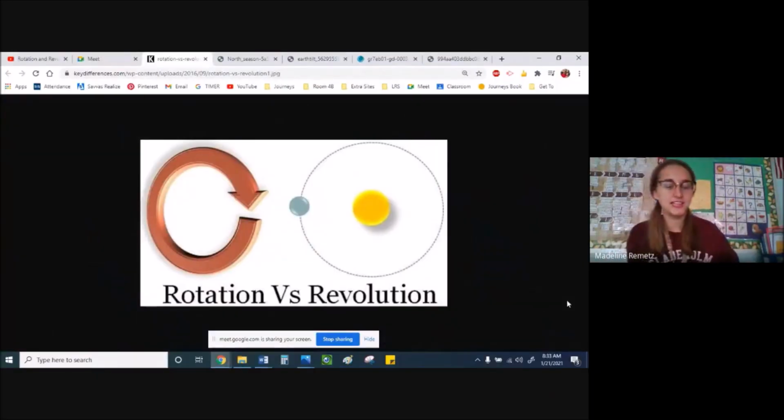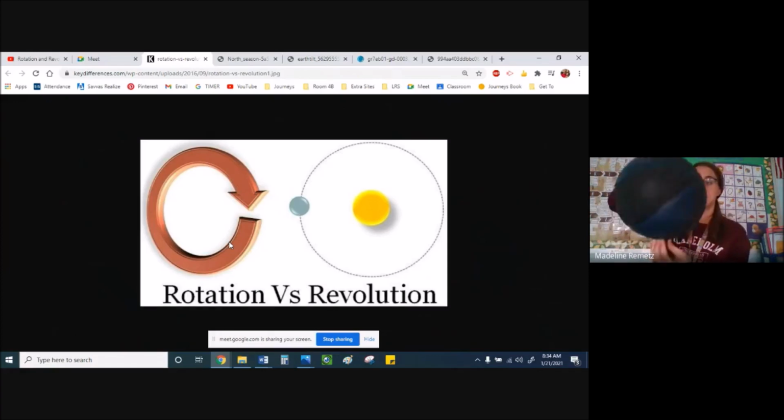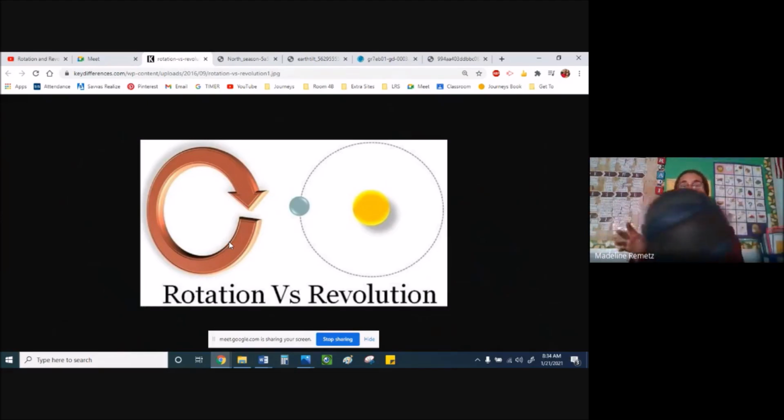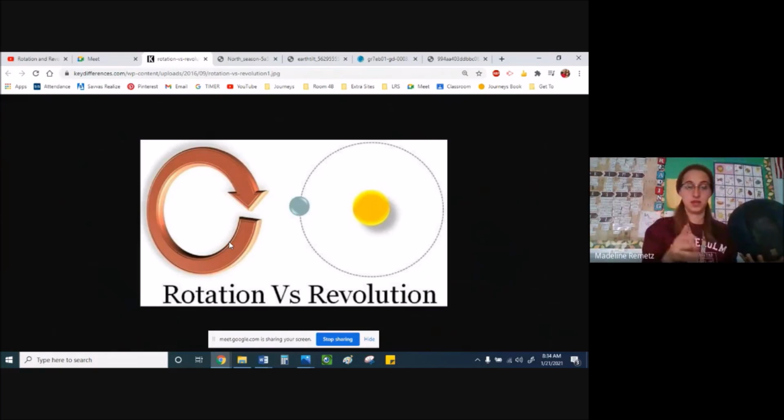Now, before I can show you that, let's remember there's two special R words that we talked about yesterday: rotation or rotating and revolution or revolving. Rotation means to spin in a circle. So if you look at me, I know it's a little dark in here, spinning in place like this basketball, that's called rotating because it's spinning, but it's not moving around. Revolution is to move around in a big circle, kind of like a hula hoop. You are staying still in rotating, but you're moving around when you're revolving.